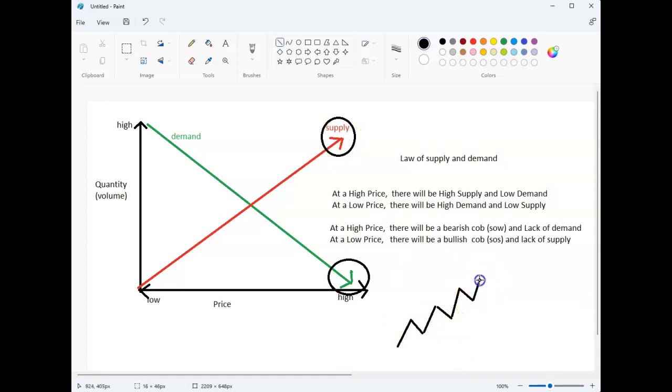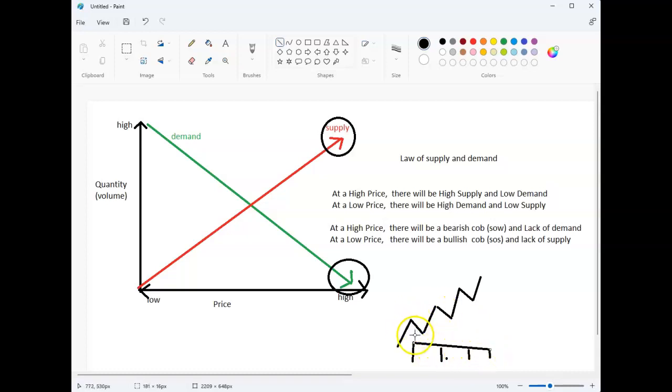So what happens here? All right, and now I'm going to put it in the context of a trend. You will see here, for example, the volume like that. Then like that. Then like that. Then like that. So it's going to be declining.